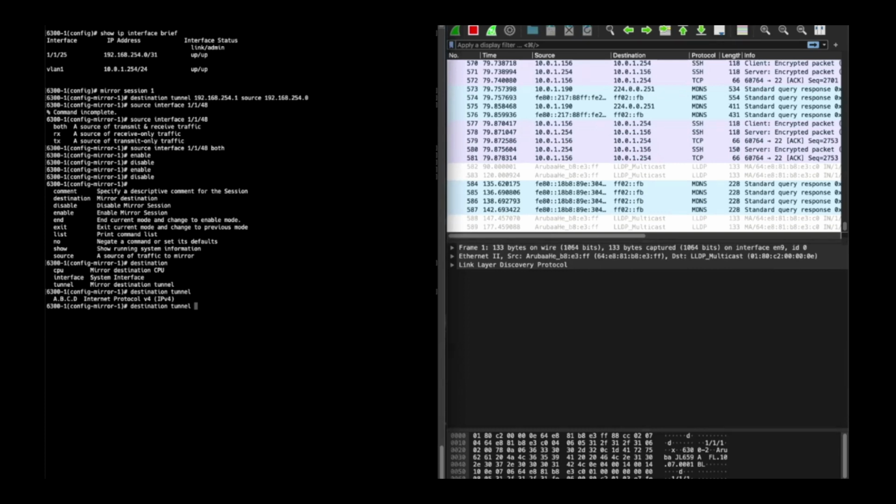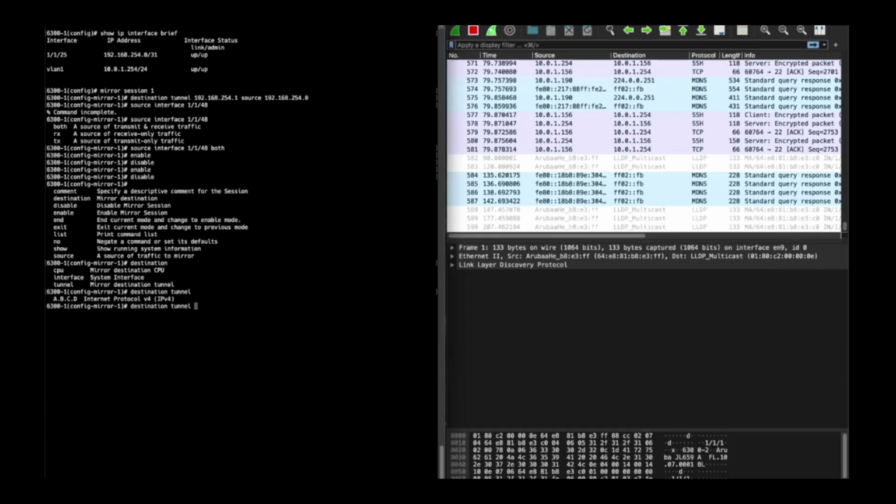So no VLANs, no CPU. It only goes to an interface or lag, or one or more interfaces or lags that you define. Exactly. So you're basically receiving it, decapsulating it, and sending it out the port. Correct. If you needed CPU capture,